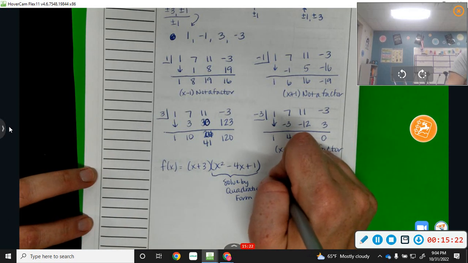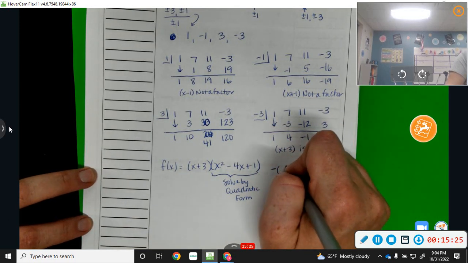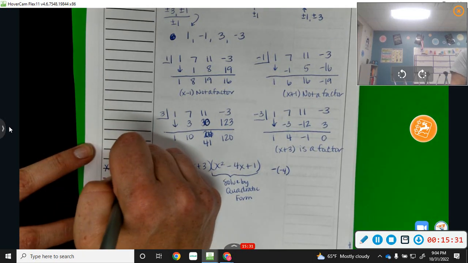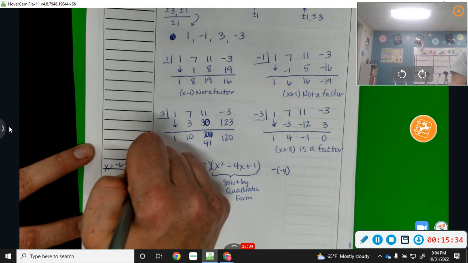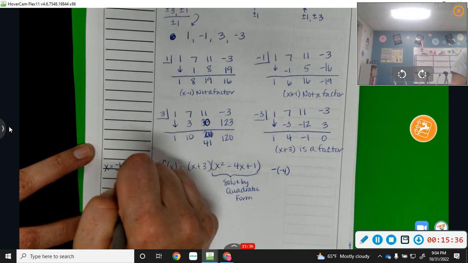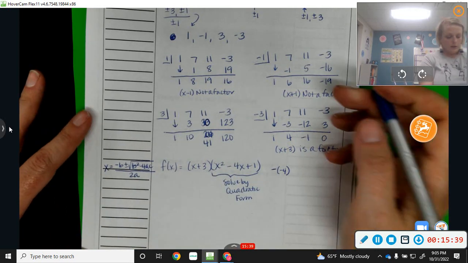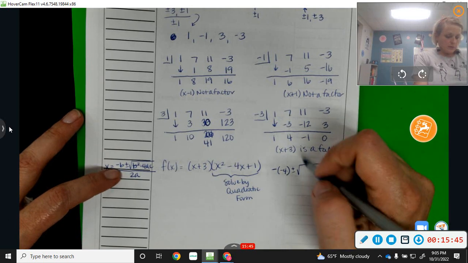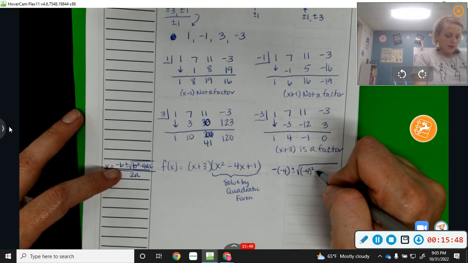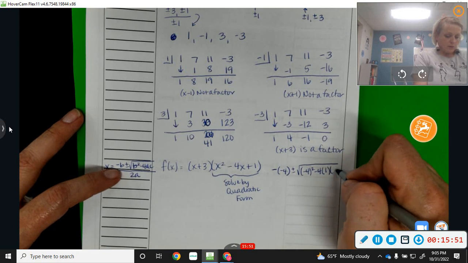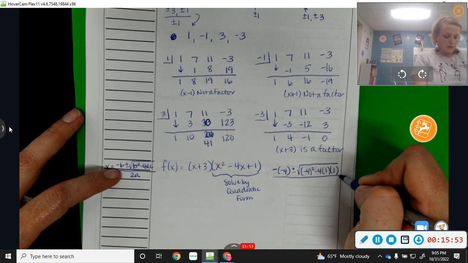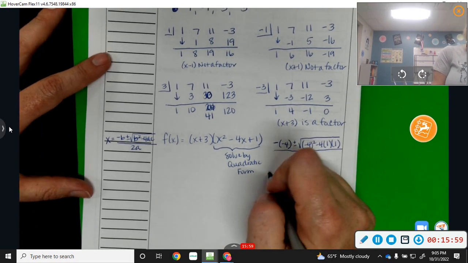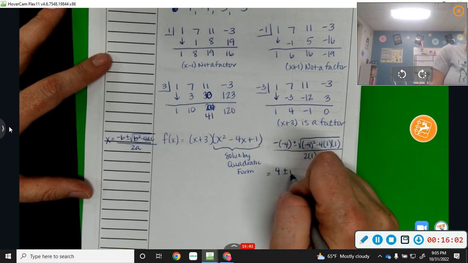But the quadratic formula is negative b, which in this case is negative 4. So negative b plus or minus the square root of b squared minus 4ac all over 2a. So I get negative 4 plus or minus the square root of negative 4 squared minus 4 times 1 times 1 all over 2 times 1. So that equals 4 plus or minus